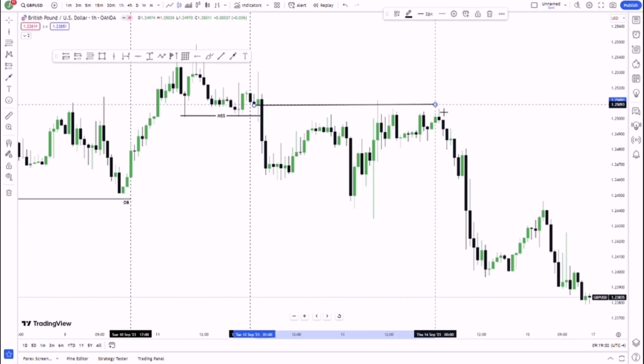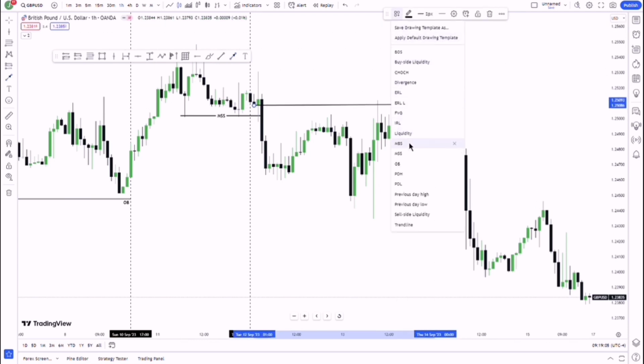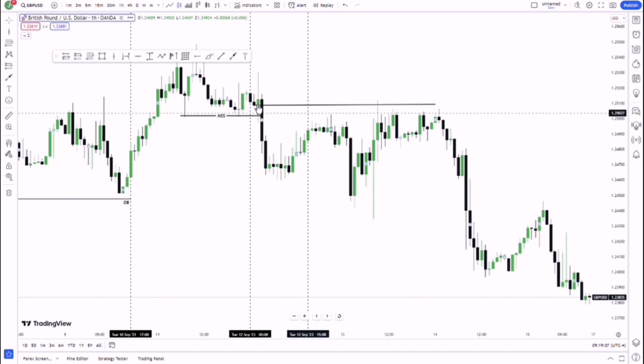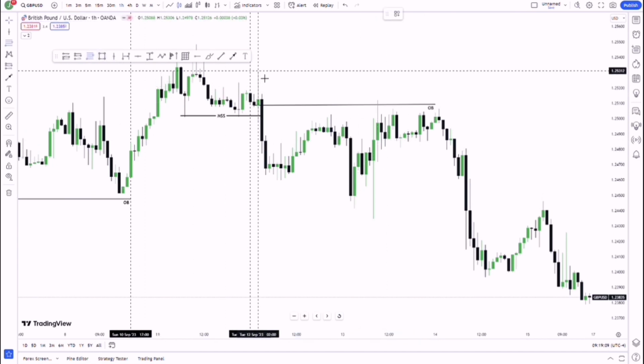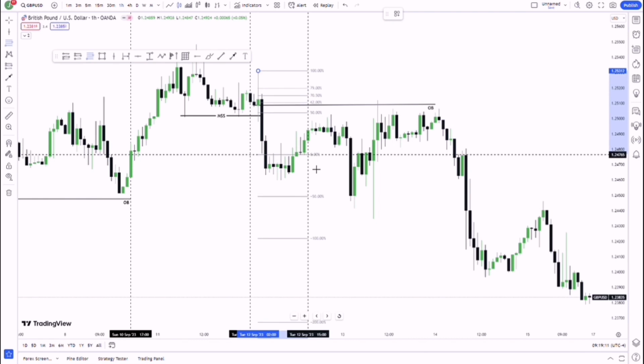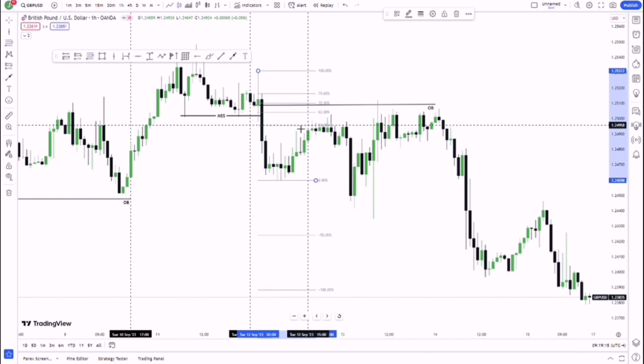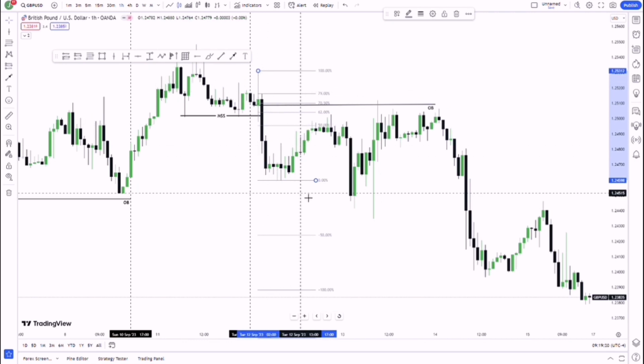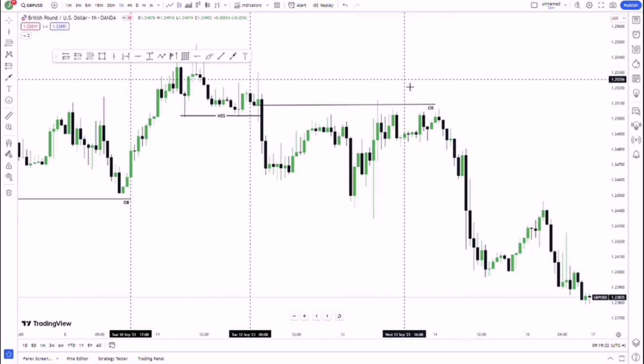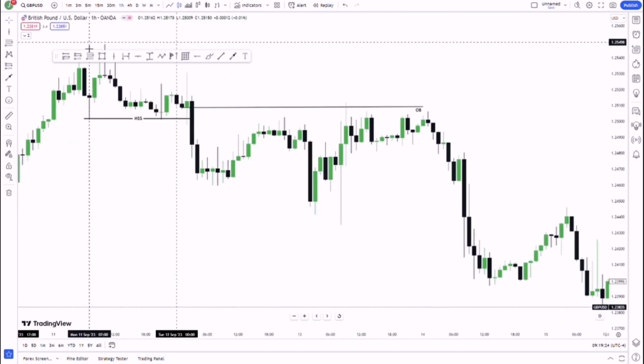So using the order block. Now, why am I using the order block? I'm using the order block because it is above the equilibrium of the range from the top to the bottom. Right. So on Tuesday